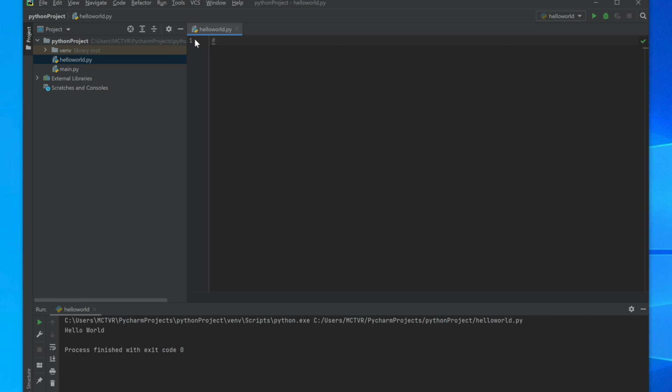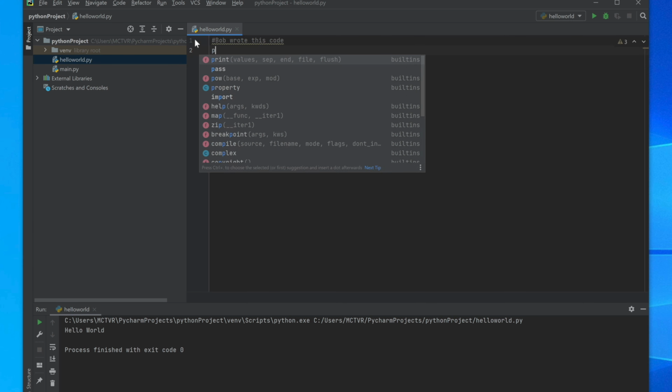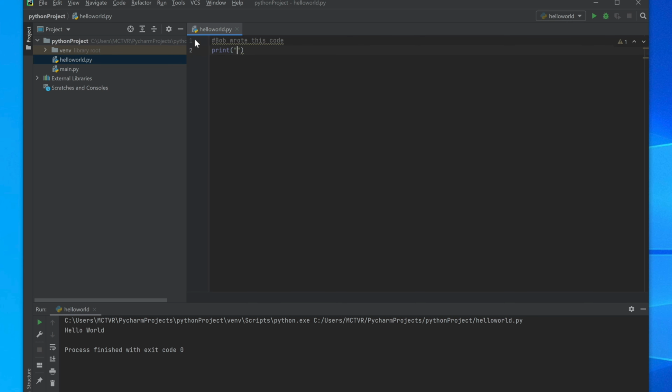I don't know the official name of it, but it's called hashtag. You can write maybe Bob wrote this code, and print hello, and then the interpreter won't run this line of code because it's already commented, and you see, only hello is printed out.